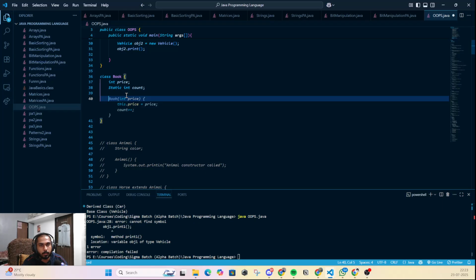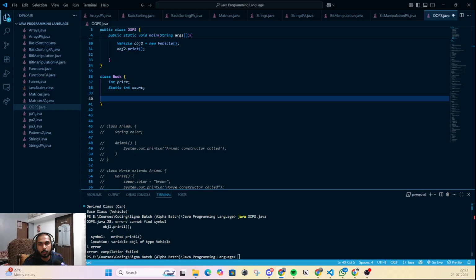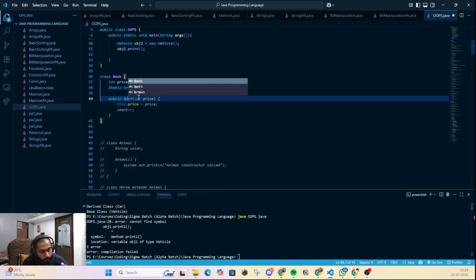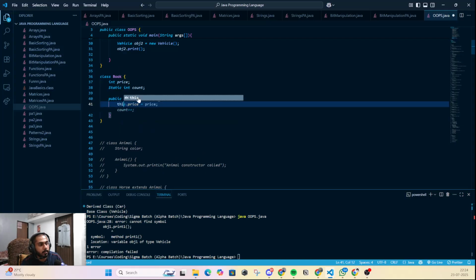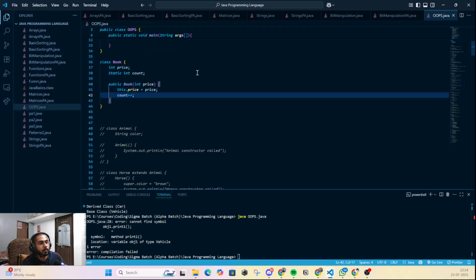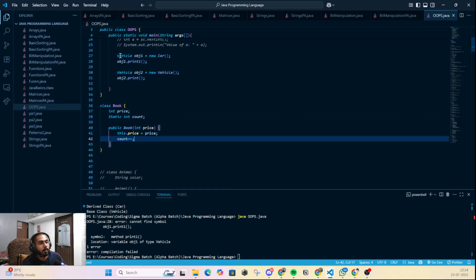All right, I am human, bruh. Okay, that was random as fuck, but anyways. So where were we? And there is a public constructor inside this. It says Book with int price. This dot price is equal to price. Then count plus plus. And now we're creating